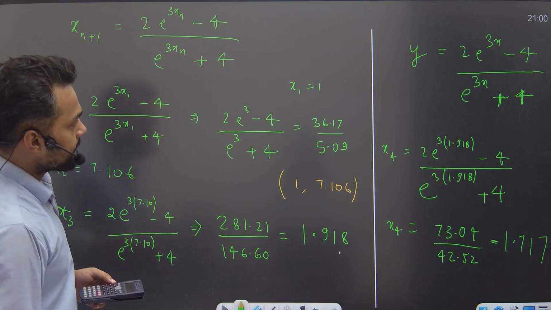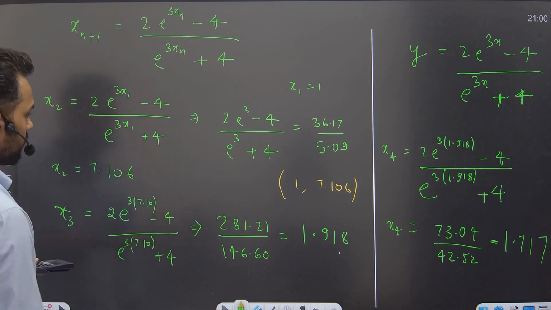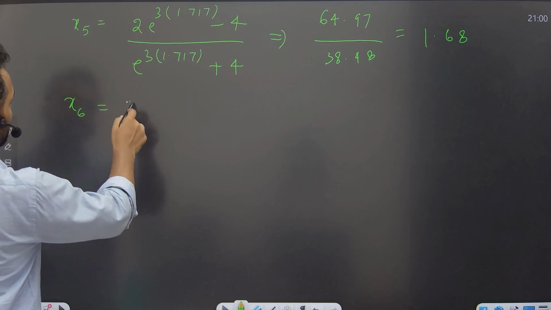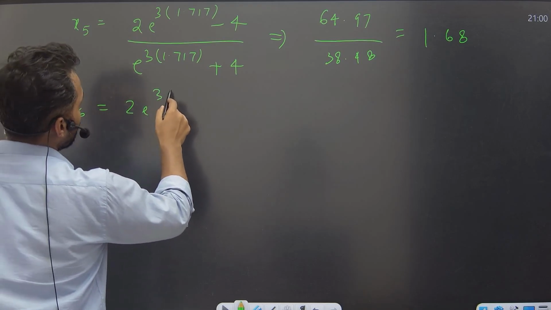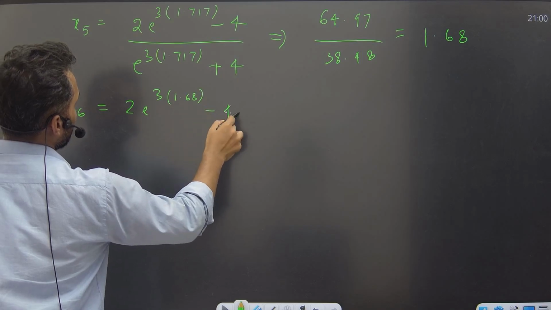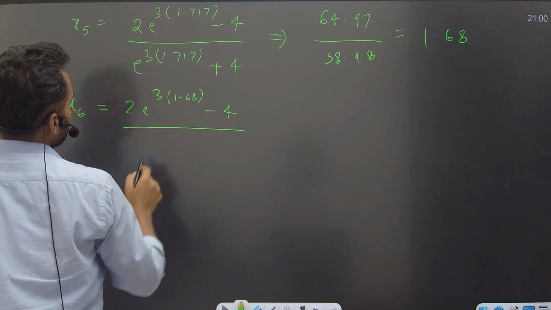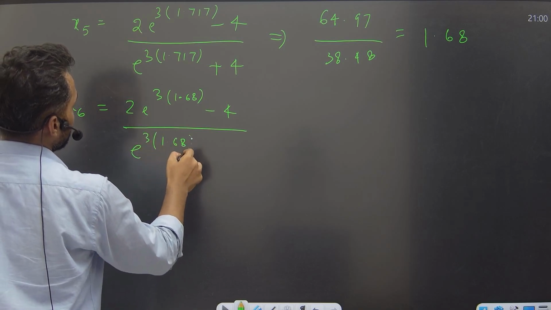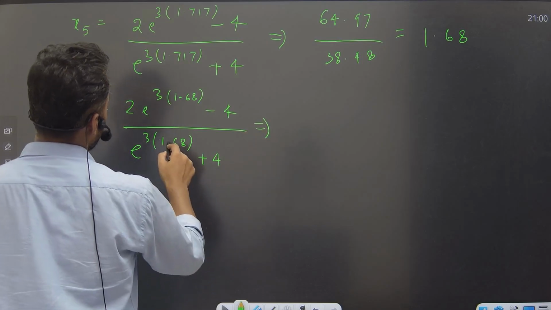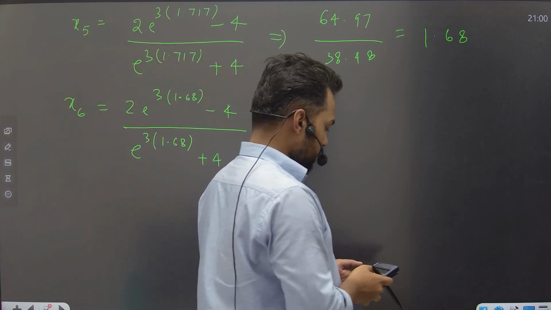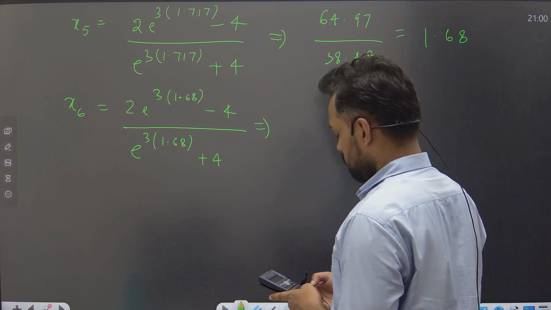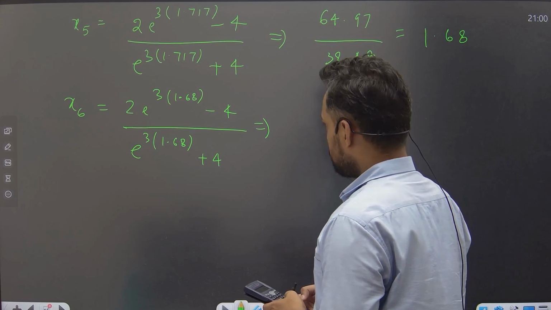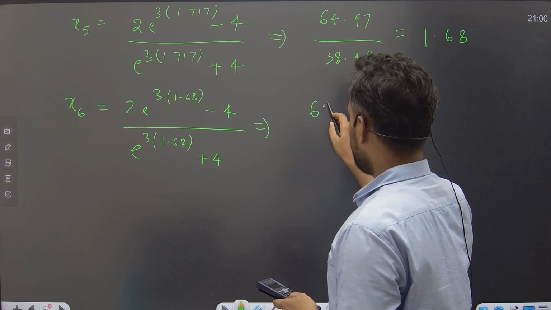Okay, so x3 we have got, x4 we have got, x5 we have got. On x6, let's see what we'll get. 2 times e raised to the power 3 into 1.68 negative of 4, upon e raised to the power 3 times 1.68 plus 4. e raised to the power 3 cross 1.68 cross 2 negative of 4, we are getting 63.48